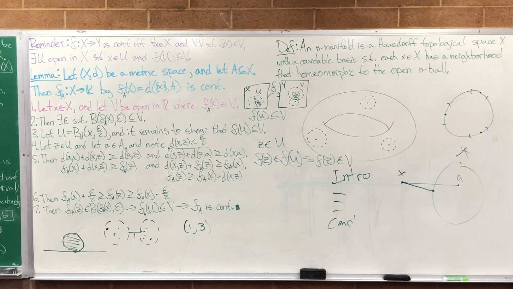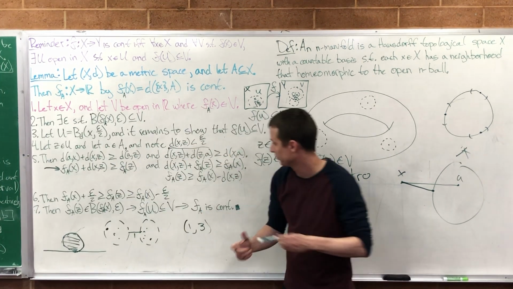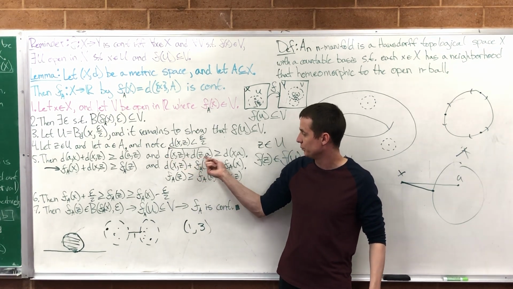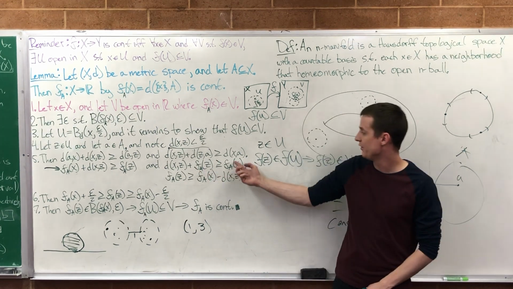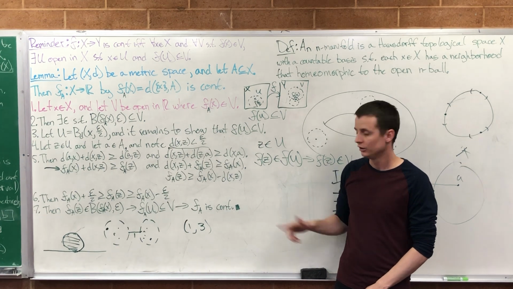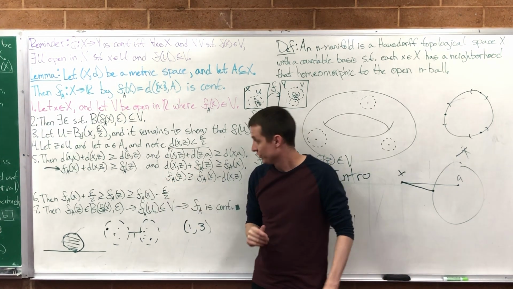To the whole set. I probably could have started with this line, but I wanted you to think through it to see where these numbers are coming from. Similarly, we replace the distance from z to little a with the distance from z to the set, and the distance from x to little a with the distance from x to the set. So you go with this inequality and this inequality? Yeah. Okay, lastly,